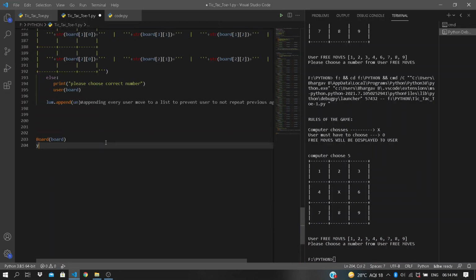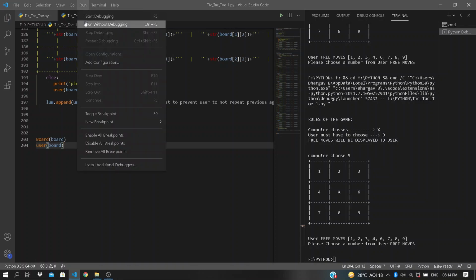I would call this user function. Don't forget to give the argument, the board variable. Saving the code, and I'm running this code.